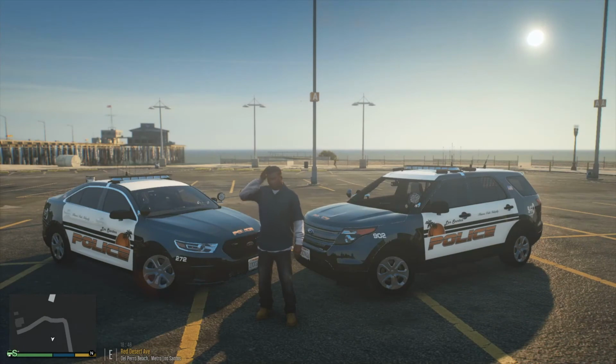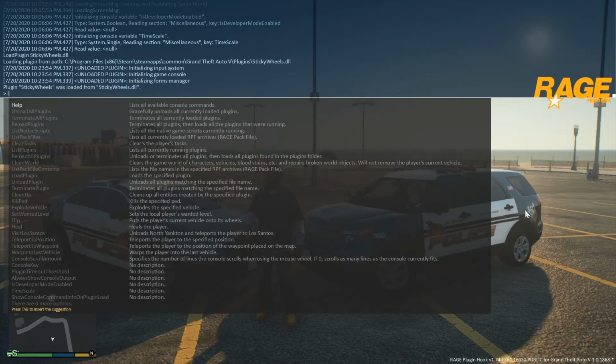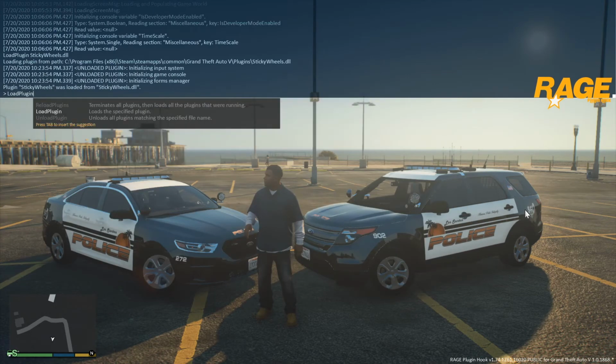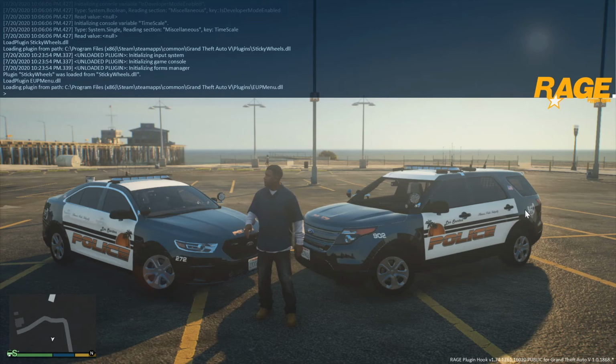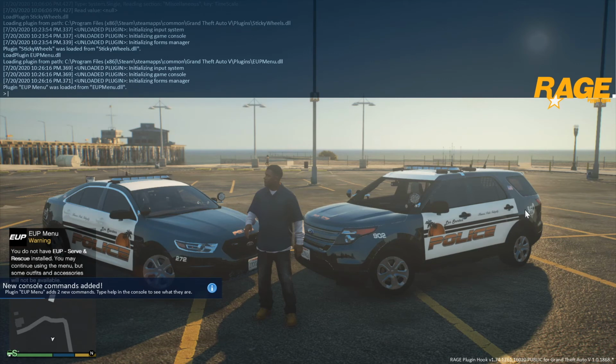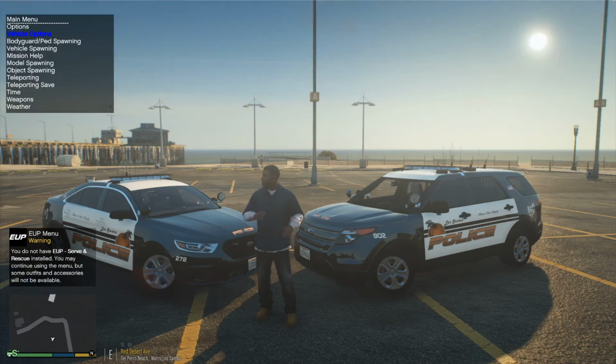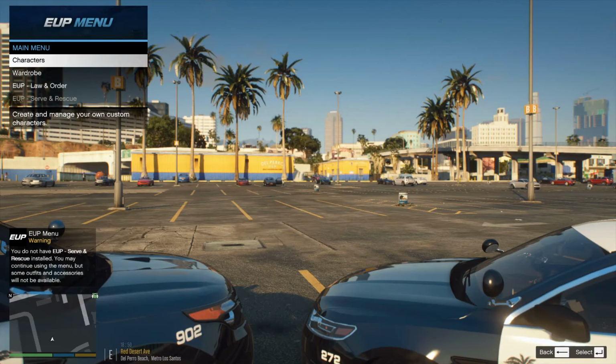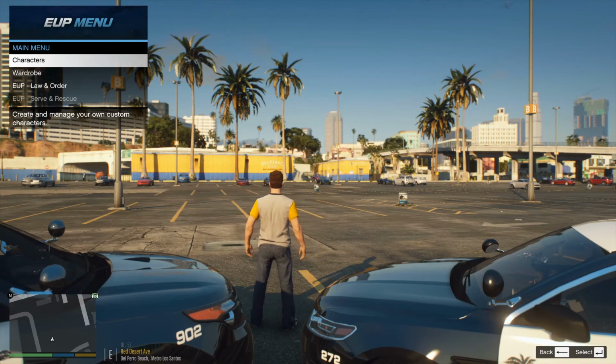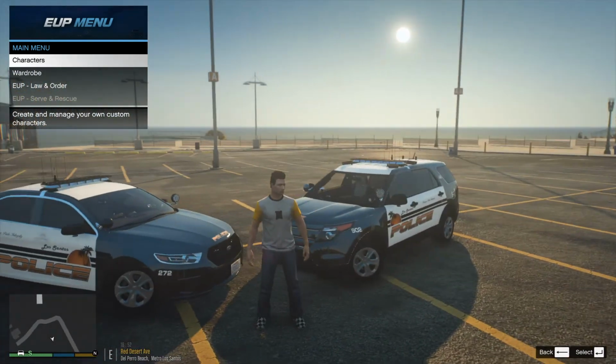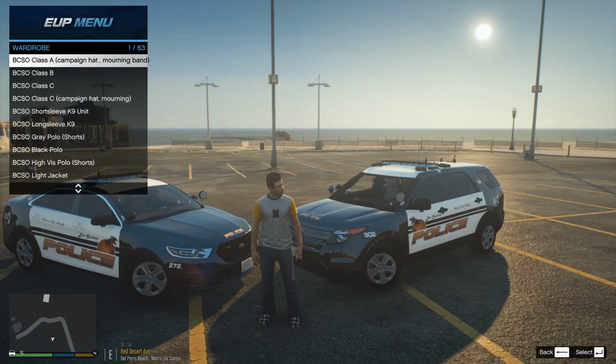So we are in game, and we will load our EUP plugin. We'll get that loaded in. And as you can tell, there's Infidels, LSP, the Sunset Pact, which will be linked in the description below. So once that's all loaded, press F4 again. Get out of this. EUP menu, characters, big G, wardrobe,